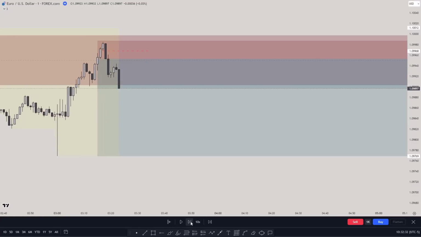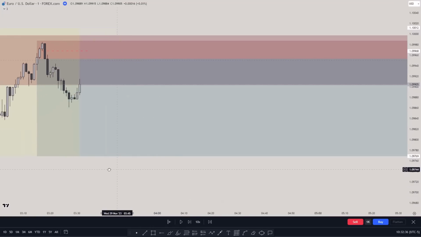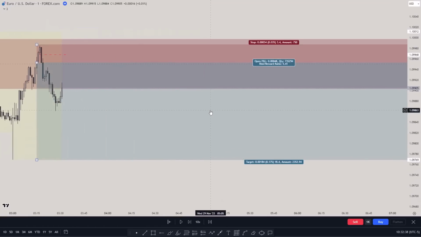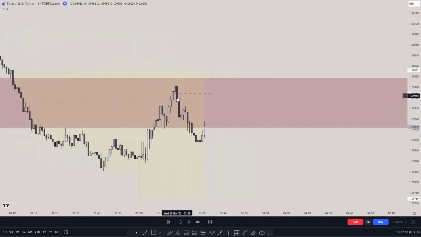So you see this one was also valid. It could go lower. Now, what is my entry? The entry that I took is this one. You see this fair value gap? And as I said, this is going to be my second fair value gap. Why? Because price is already reacting from the first fair value gap, which is the 15-minute one.